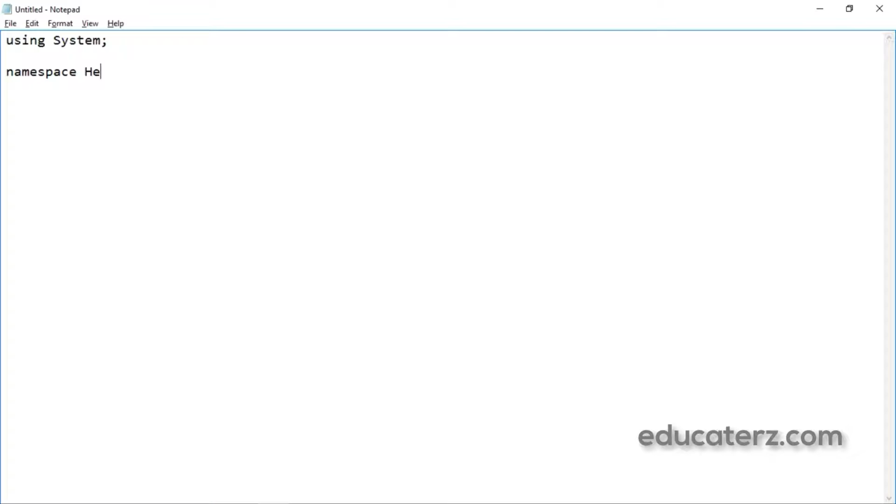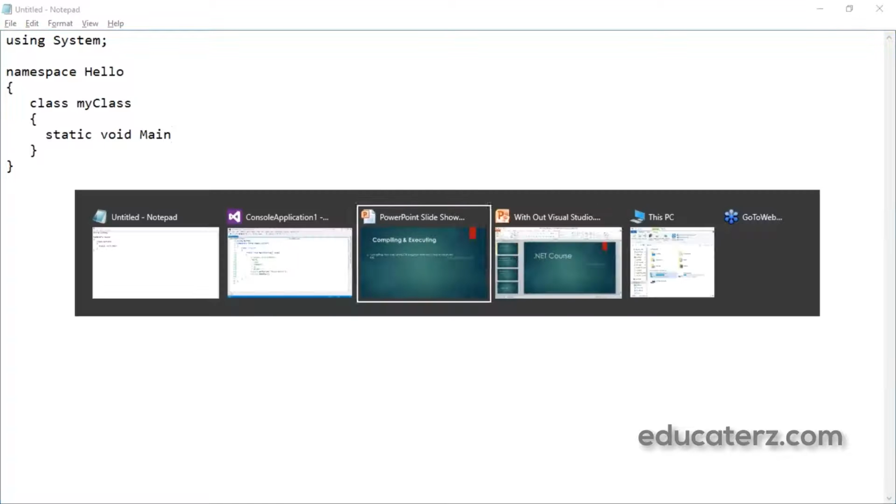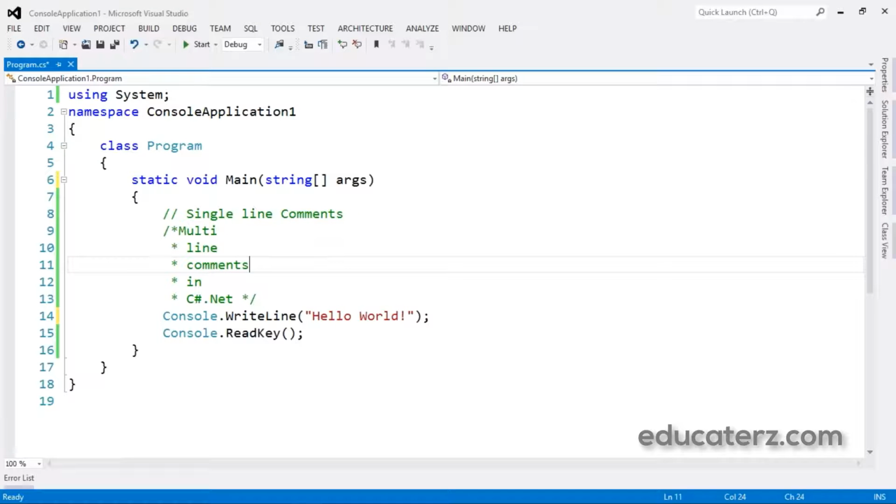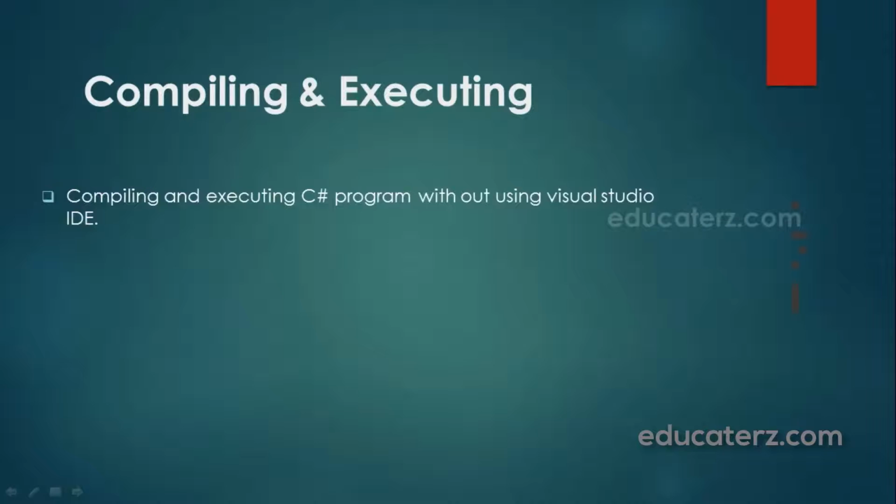Namespace hello, then you can have curly braces, inside which I'll have a class, my class, whatever it is. Then again start curly braces. We know that every class should have a Main method, so I require Main, with string args.